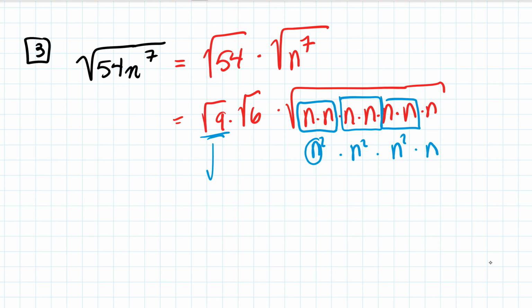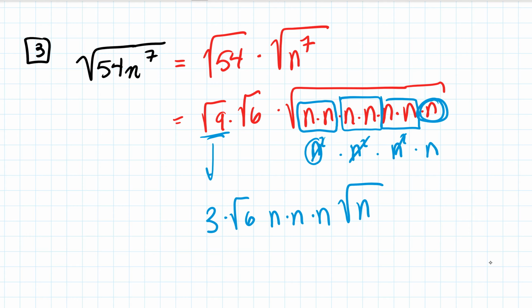So here's what I'm going to have. This is the number 3. We know that, right? 3 times 3 is 9. I'm going to have a square root of 6. I'm going to have an n from this square root, another n here from this square, and another n from this square, and then I'm finally going to have the square root of n because I cannot do anything. I can't release this one from underneath the radical. So look what I have. I have 3n to the 3rd multiplied by the square root of 6n, and this is the simplified